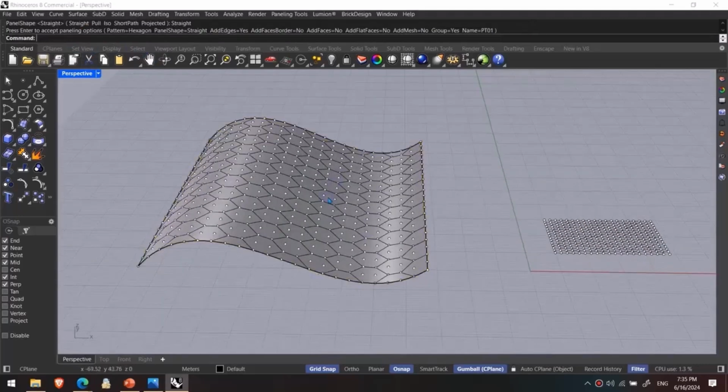Firstly, we set it to straight to create the patterns straightly on the surface in a simple way. Let's see. So we can create the patterns on the surfaces using the paneling tools